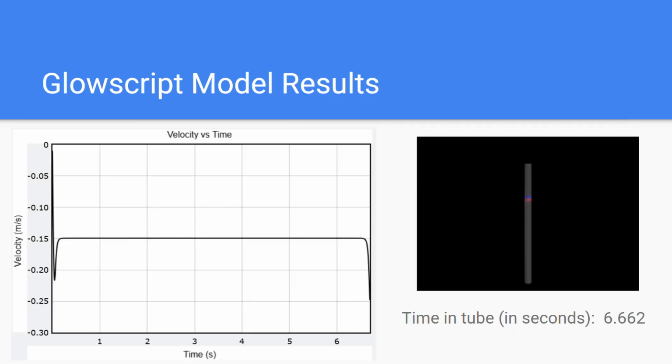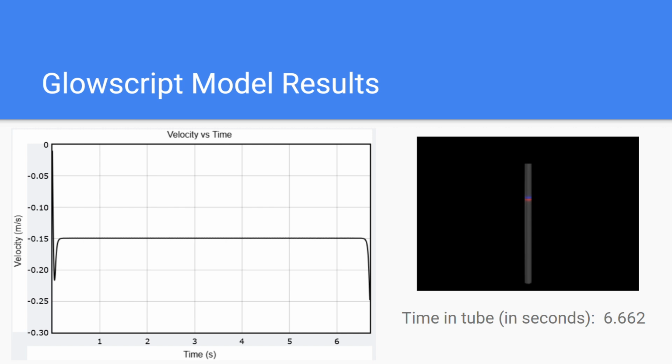Then this is a look at the GlowScript model results. So the velocity is initially increasing rapidly until the bar magnet reaches the tube almost right away. And then the velocity remains consistent at negative 0.15 meters per second until it drops and speeds up again after it leaves the copper tube. And then the copper tube is visualized to the right, and the time the model predicted for the magnet to